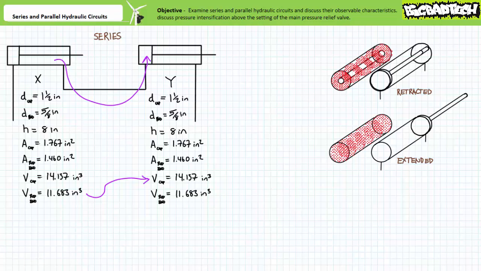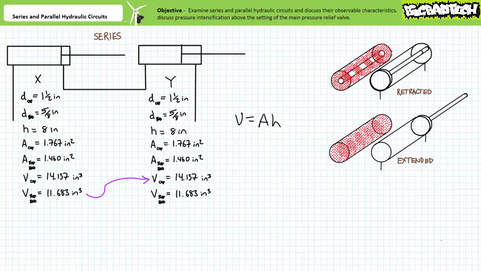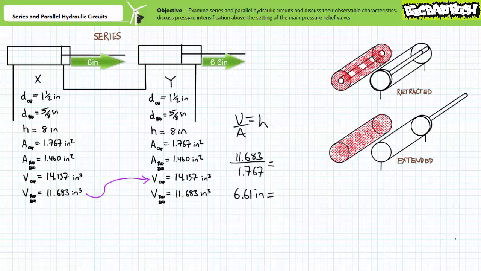How far does cylinder Y extend, given full extension necessitates approximately 14.1 cubic inches to fill the fully cylindrical cap end? The answer is not all the way. Given we know the volume introduced to be approximately 11.7 cubic inches and the area of the cap end to be approximately 1.8 square inches, we're in effect being asked to solve for the height of a cylinder. Algebraically rearranging the equation and substituting in our given values, we find cylinder Y to extend roughly 6.6 inches,